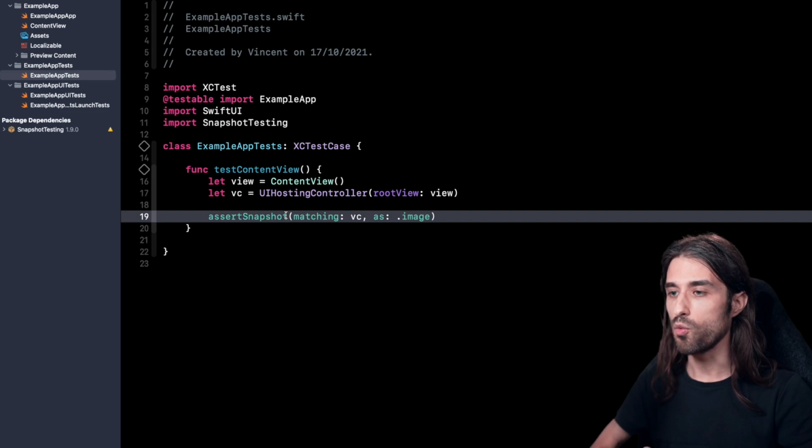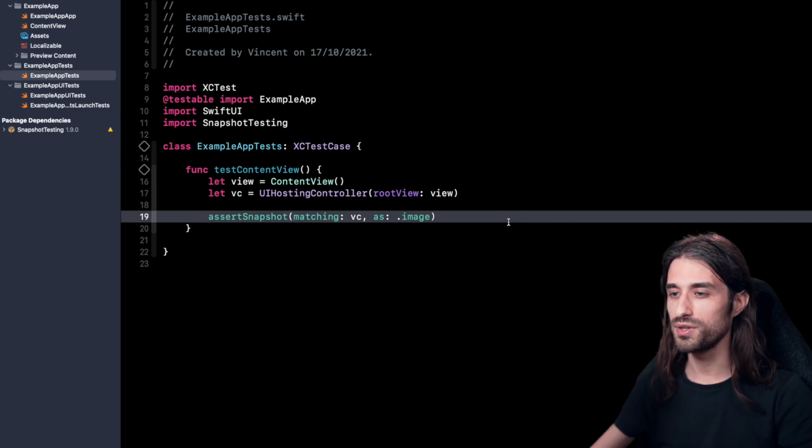So basically, what the view looks like the first time is going to become my test case. And then all the following times, the current look of the view is going to be compared pixel by pixel with this reference screenshot. What's really nice with this approach is that it's very cheap, but it's also very powerful, because if there is any kind of difference on the screen, even 1 pixel of a difference is going to be caught by the test.